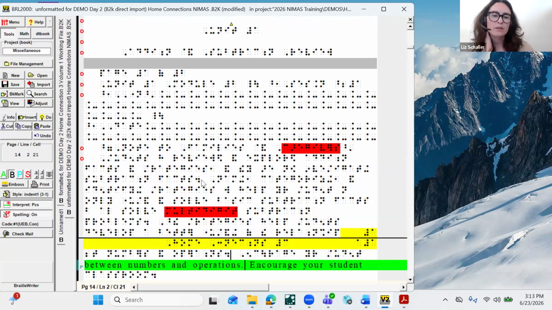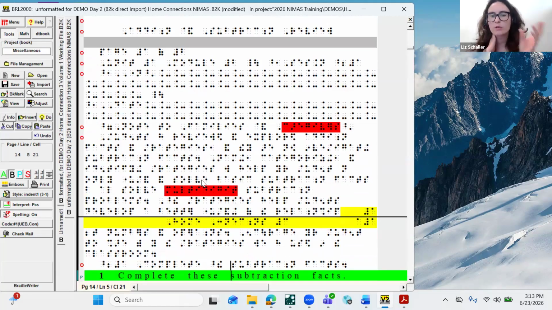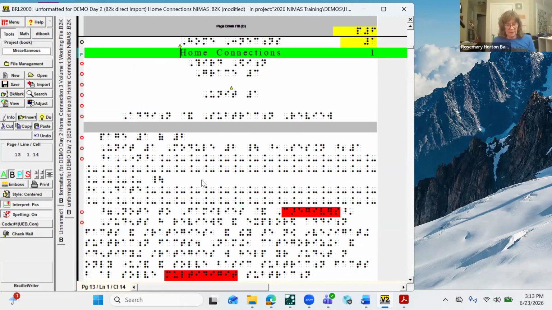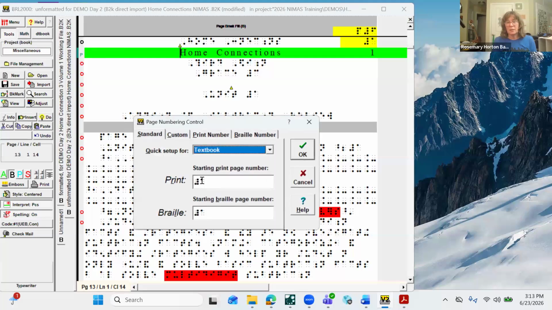And Rosemary, I believe you mentioned during the slides that occasionally the first print page number might be like 3. And so that's when you put the range, right? Instead of just the single number. Yeah, so if this print page number, let's say that the print started on page 5. Then when I enter it, I can go back here and change the page numbers by do page number. And I would go to this and I would say 1 to